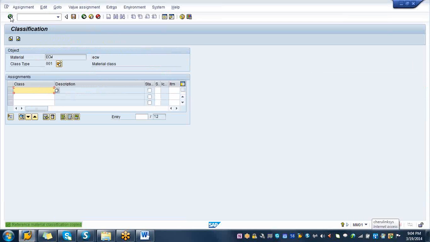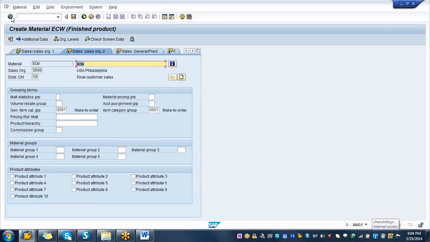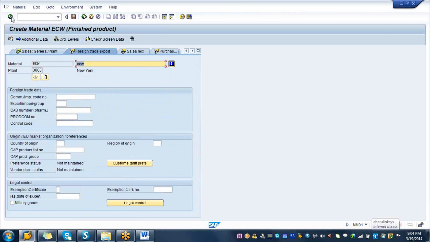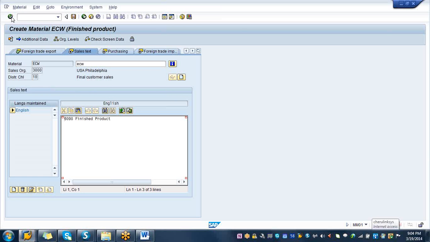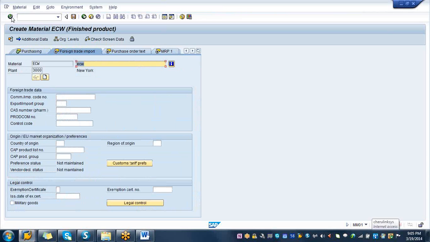Okay, next, right here. Next, enter. Since we are copying from the existing material, all that information is coming automatically from